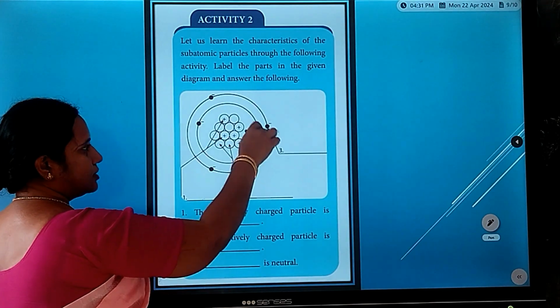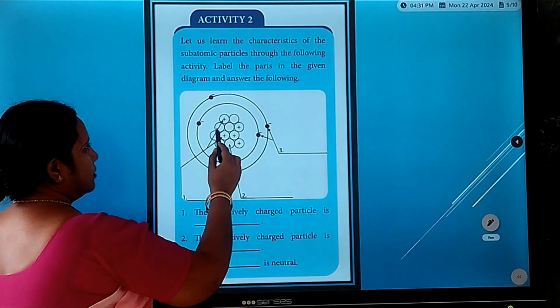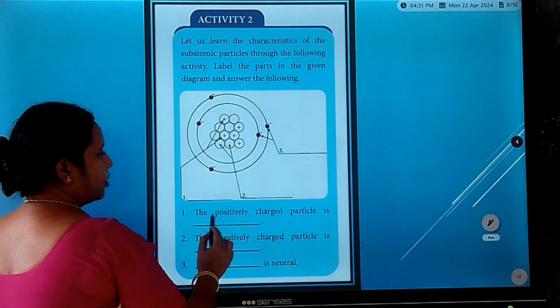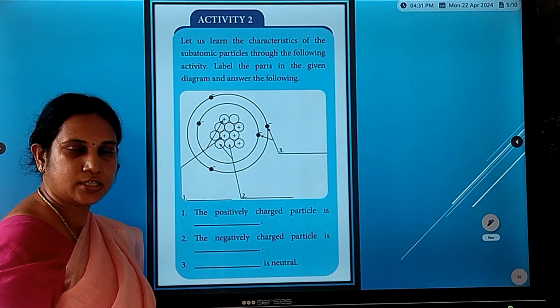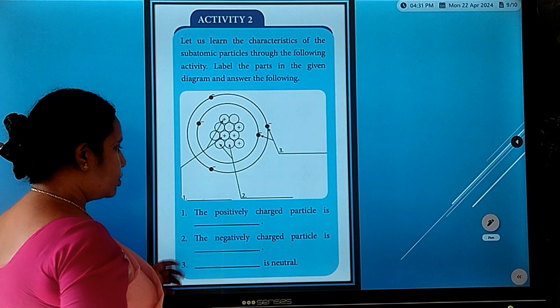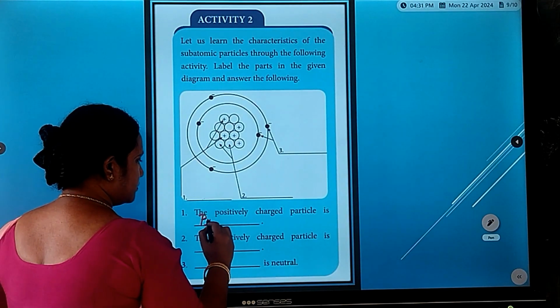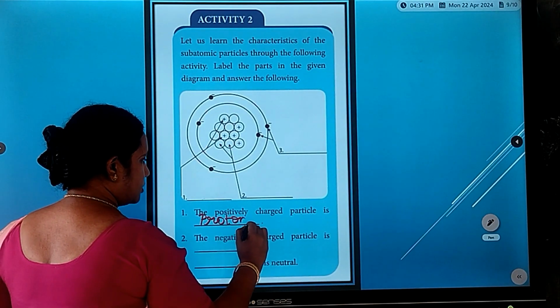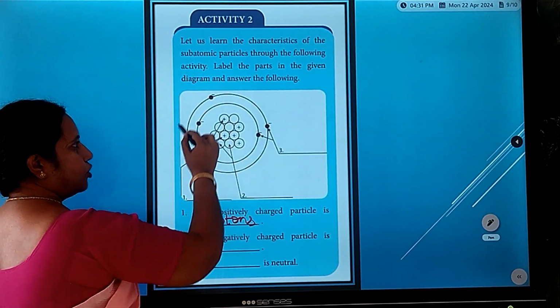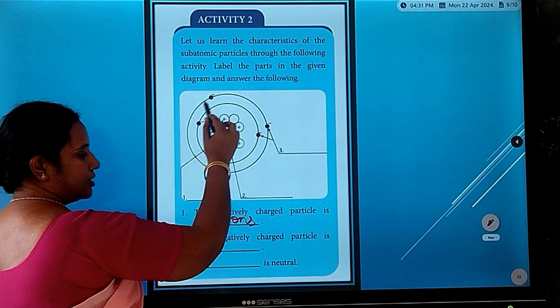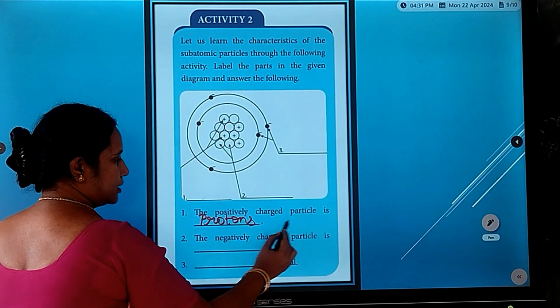See, now you are seeing this atomic structure. The positively charged particle, as I told you earlier, what is the positive charge substance called? Protons. And see, these are negatively charged particles which are revolving around the atom. So the negatively charged particles are called